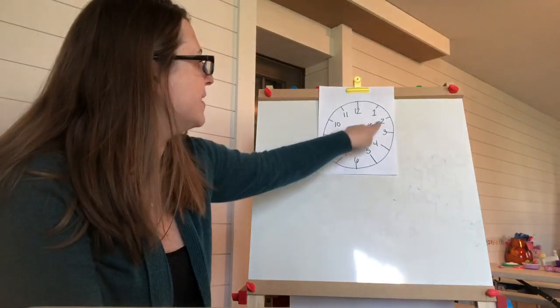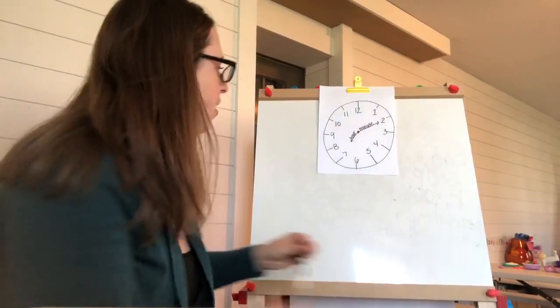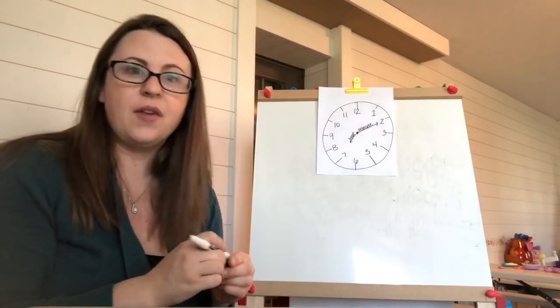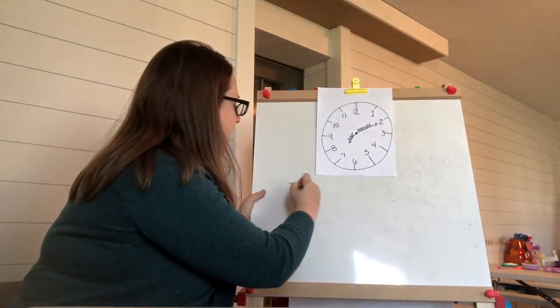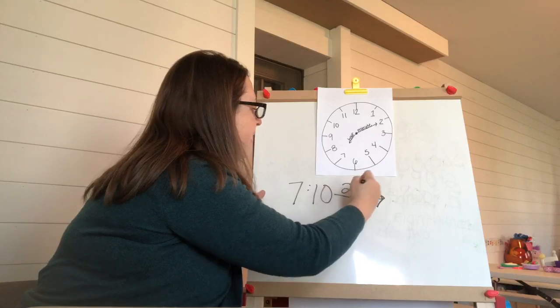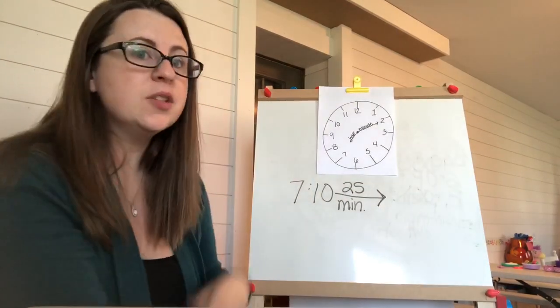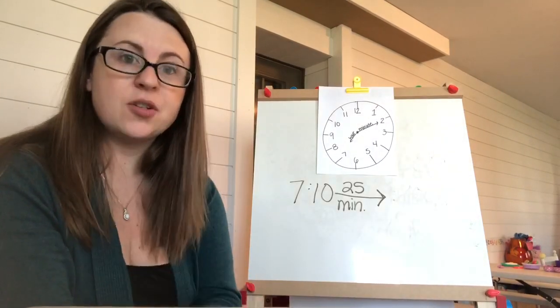So this would tell me that this is at 10 minutes. So we have 7:10 on my clock. And it doesn't matter right now for AM or PM. But it's asking what time it would be if I added on 25 minutes after 7:10. Okay, so you can either draw a picture if it helps, use the picture that they give you,